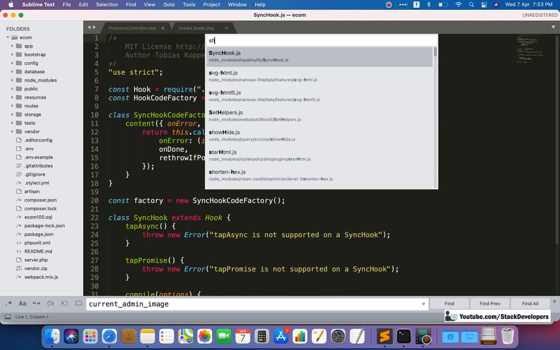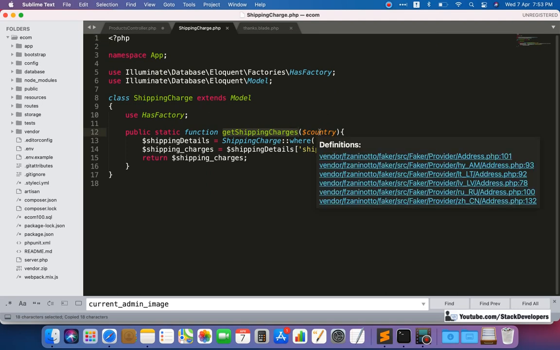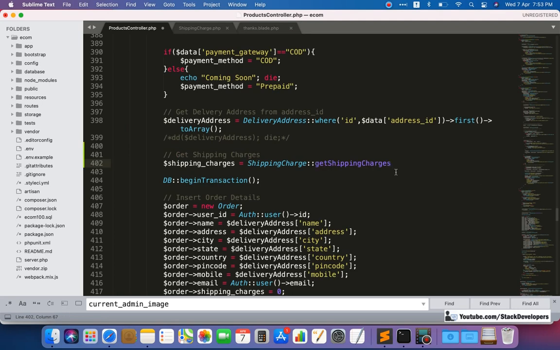You remember one function we made there, shippingCharge. To get the shipping charge we call this function, and on the basis of the country we can get the shipping charges, sending the delivery country inside it.